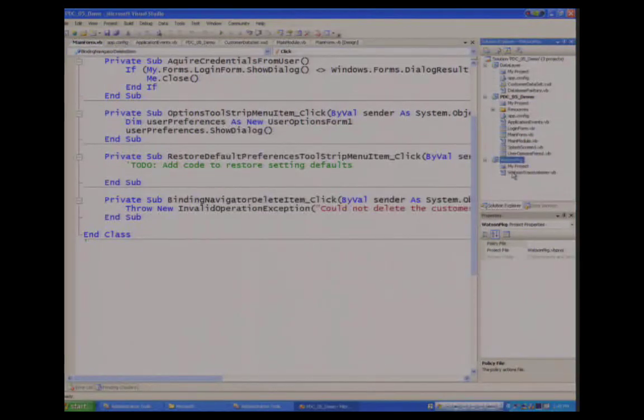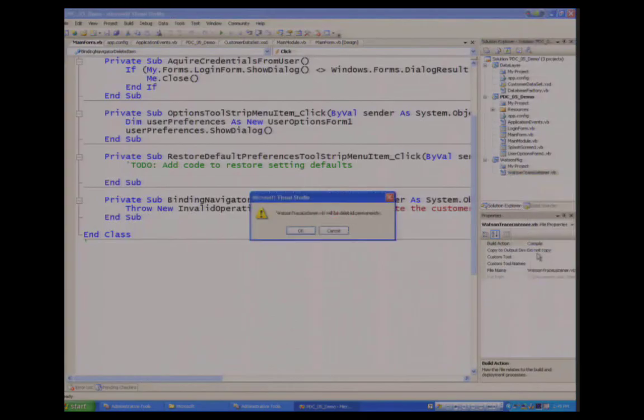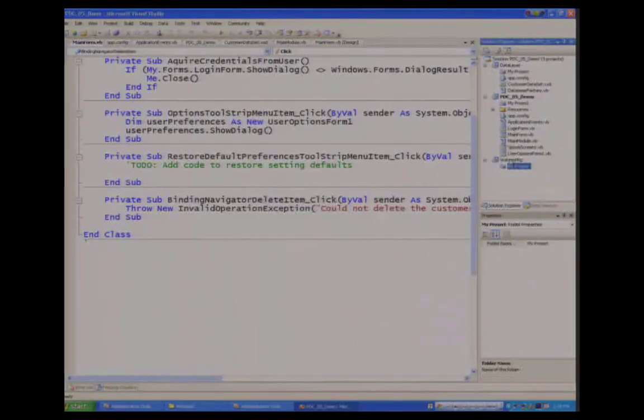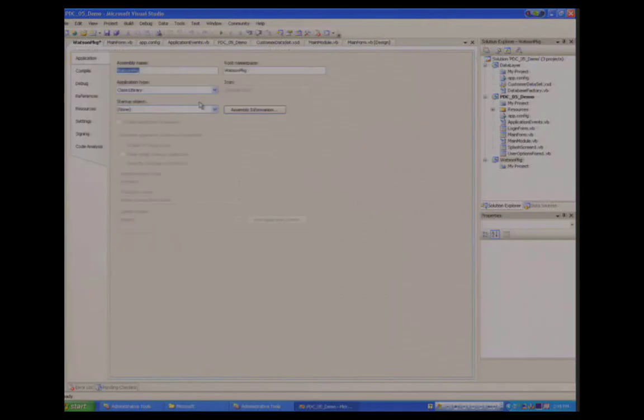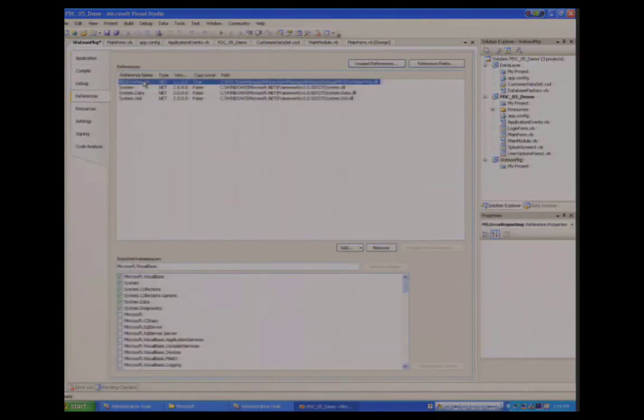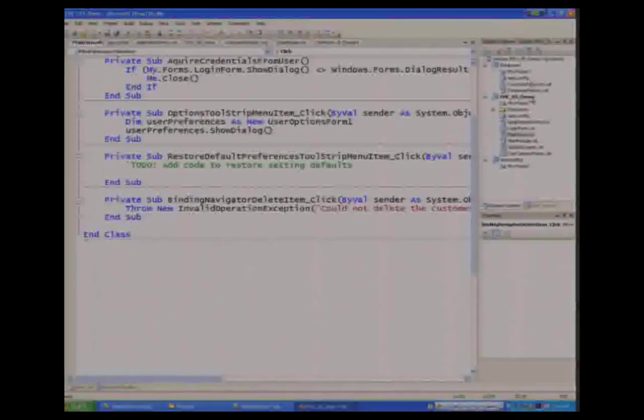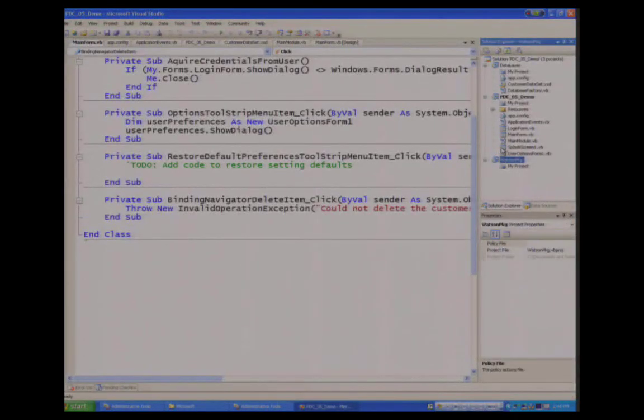So basically, we'll delete this guy. And you'll see that in the references for this new project that I added, I've just added a reference to this DLL that I wrote last night in a Robitussin-induced stupor, which seems to work okay. And what we're going to do here is add a trace listener that calls the Watson dump dialog. Does everyone know the dialog I'm talking about? That's unfortunate that you all know what it looks like, but